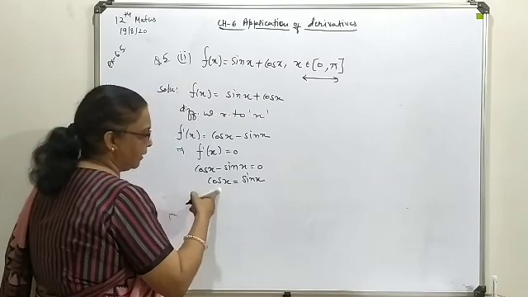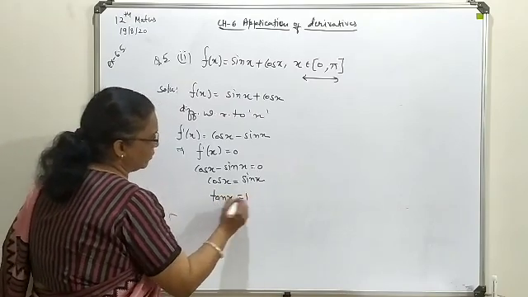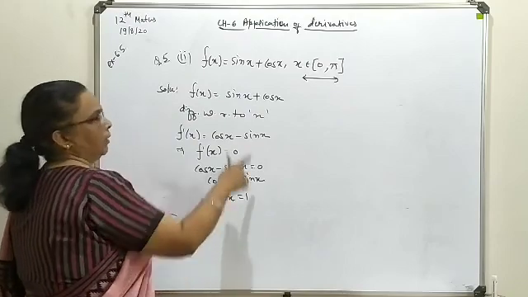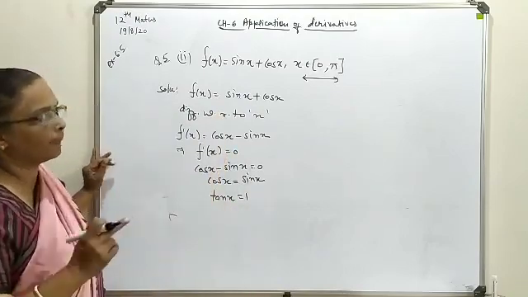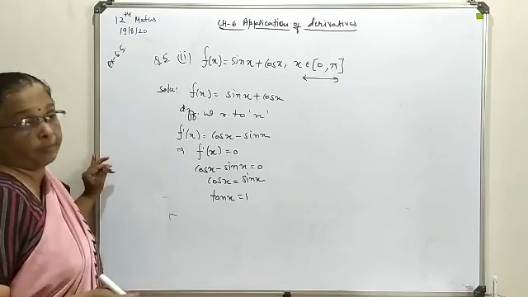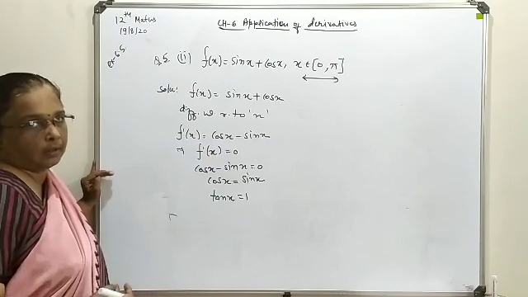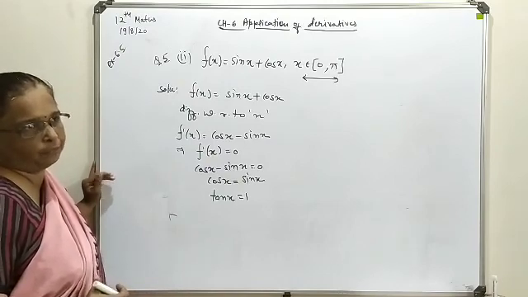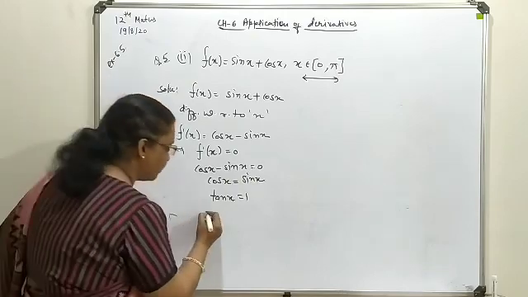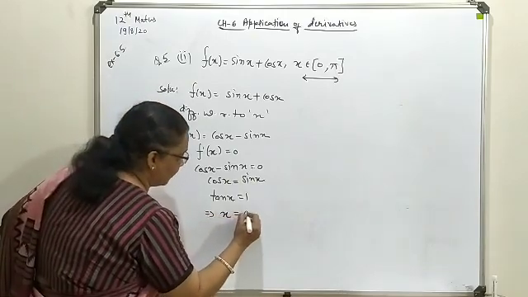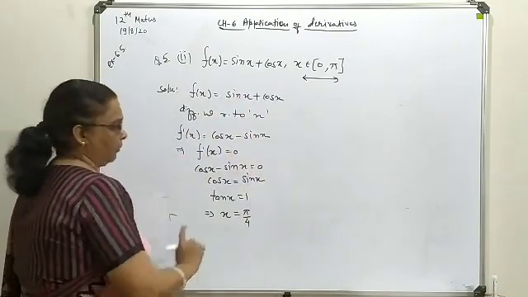Divide both sides by cos x. So you will have tan x equal to 1. Now we will think about the given range, that is 0 to pi. In this 0 to pi, 0 to 180, x will carry the angle pi by 4, for which it will give you the solution as 1. So here x you can write as pi by 4, which belongs to the given interval.